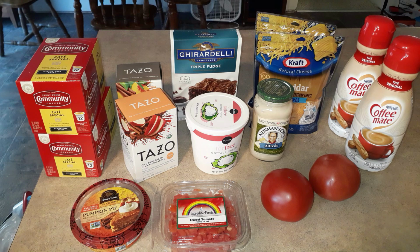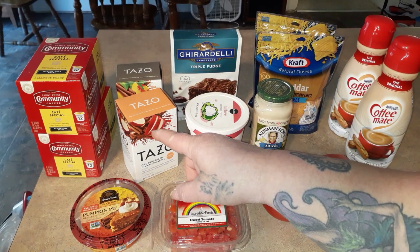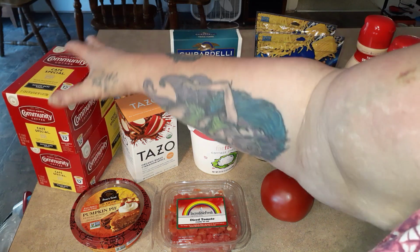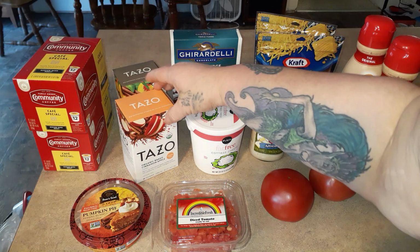Here is my little bitty Publix order, and I don't remember how much it cost, but it came in 2 bags, and if it costs as much as I think it did, that's why we don't shop there very often. But they had my coffee, buy one get one free, and it was a good price. So I got my community cafe special. And then these two,